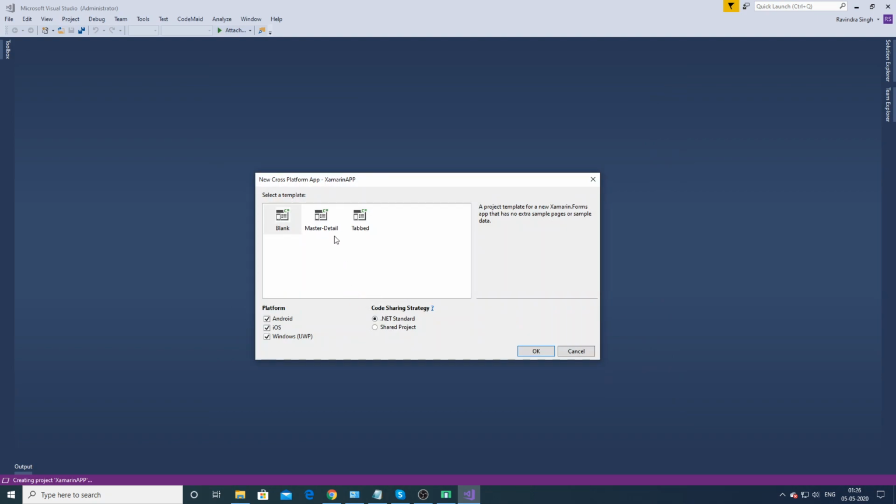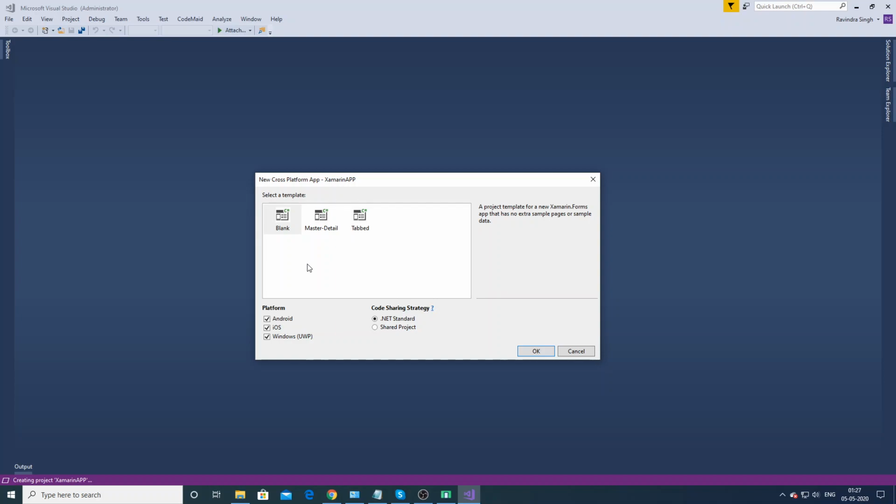There are multiple types of pages in Xamarin Forms: blank, master, detail, tab. In the next session, we will learn about the supported page types in Xamarin Forms: content page, master detail page, navigation page, tabbed page, and carousel page.